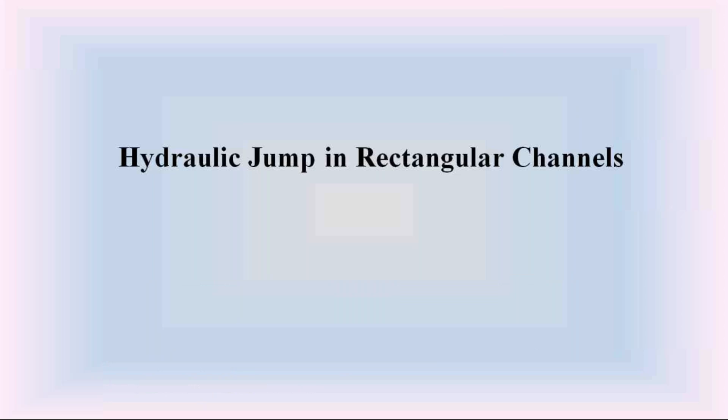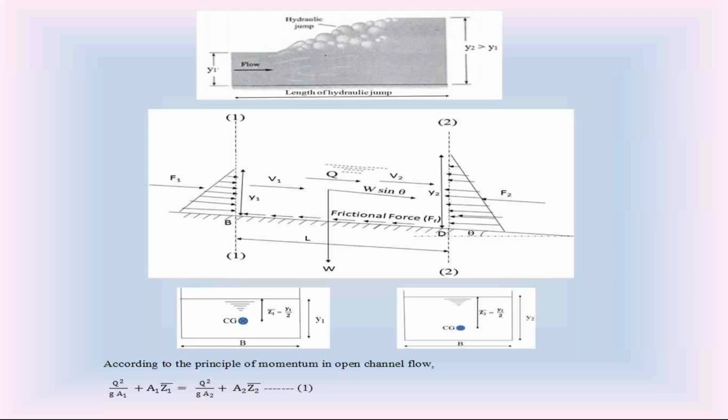This rectangular channel may be a natural channel like a river. This may be an artificial channel like a man-made channel. So if the hydraulic jump is formed in that rectangular channel, what is the relation between the depth y1 and depth y2? We are going to discuss that under this hydraulic jump in rectangular channel. So check this diagram please. So here we consider this rectangular channel.